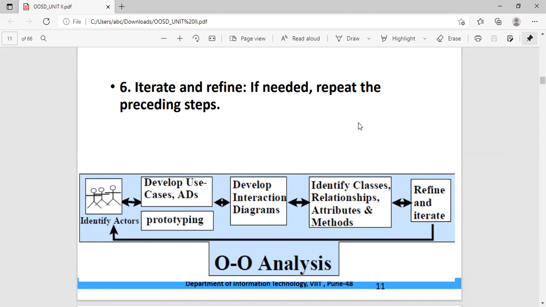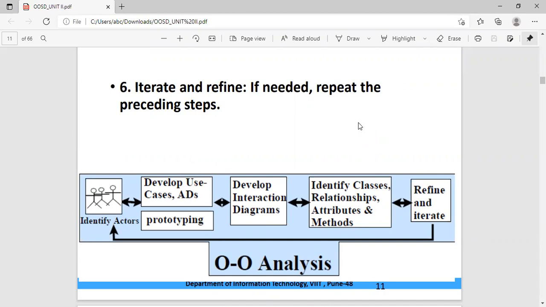That means the use cases are going to interact. I want to understand the actors, and through the use cases how they are going to communicate with each other. I have to identify and develop that with the help of the use case diagram. Then after this part, I identify the classes, the relationships, and the attributes and methods. Up to that part,